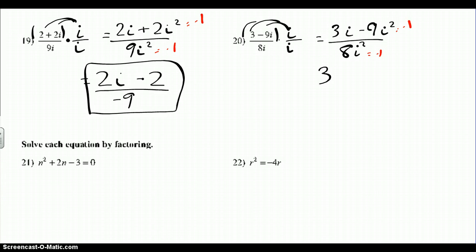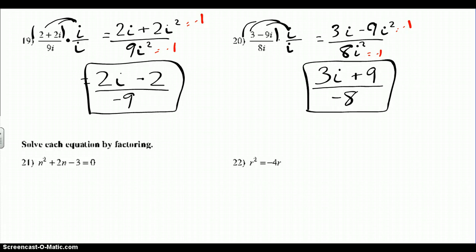And now we have 3i plus 9, because remember it was -9i squared. Replace the i squared with -1 makes it positive, over a -8. And that's our final answer. Okay, that was division. Now 21 through 28